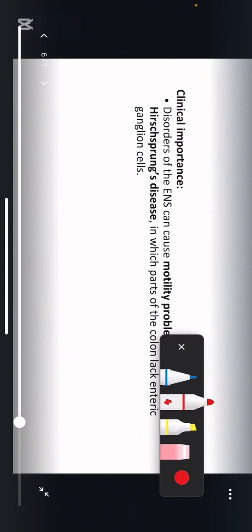The next thing, what is the clinical importance of the enteric nervous system? If there are disorders of the enteric nervous system, it can cause motility problems like Hirschsprung disease, in which part of the colon lacks enteric ganglion cells. So what we have studied, that